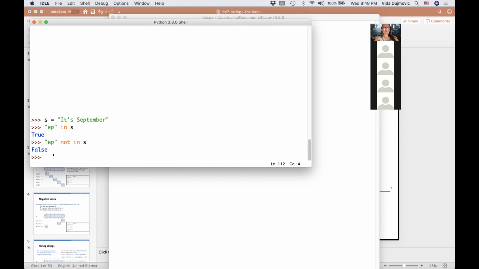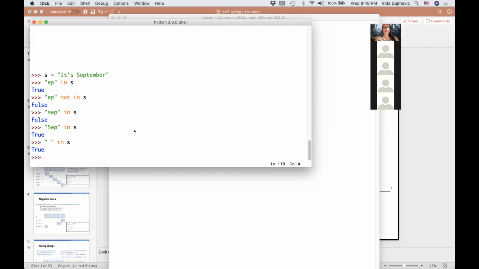We also have seen that it is case sensitive. So 'SEP' in S, we're going to get False, because here the s is lowercase, unlike 'Sep' in S, where we're going to get True. You can also ask whether a space character is in S, and we get yes, because indeed between these two words we have a space character.